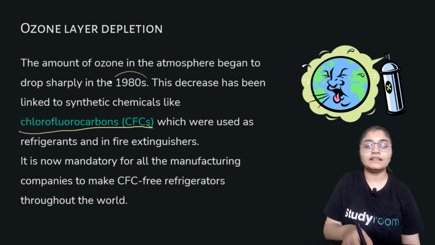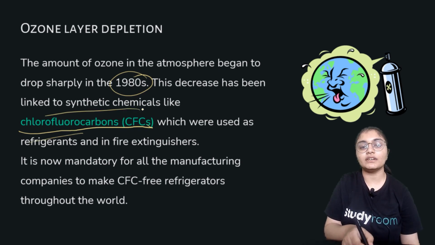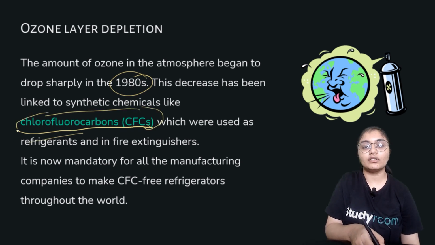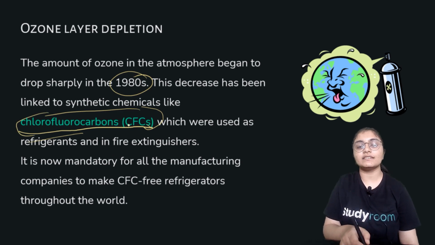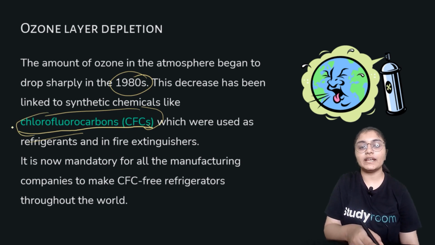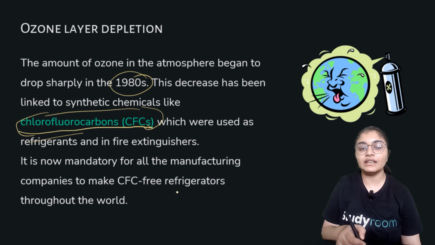So in the 1980s, which harmful chemical was causing the ozone layer depletion? It was CFC, or chlorofluorocarbon. You will be asked this question. The name of the harmful chemical was chlorofluorocarbons, which were present in refrigerants and in fire extinguishers. After that, it was made mandatory that all the manufacturing companies would produce CFC-free